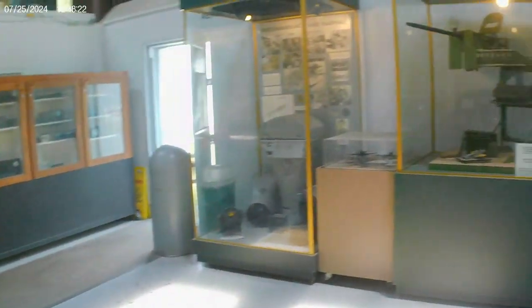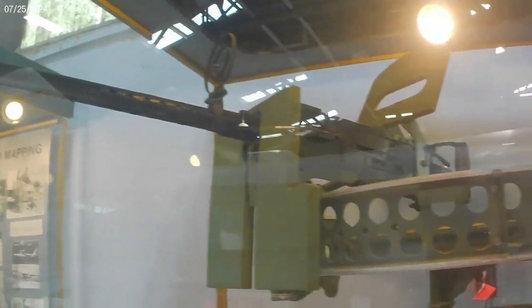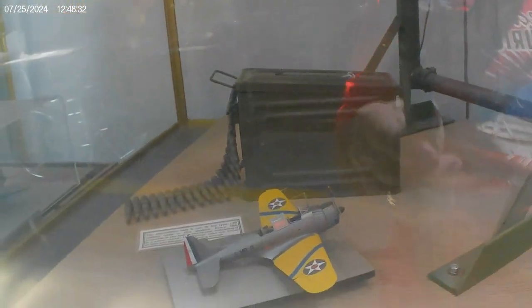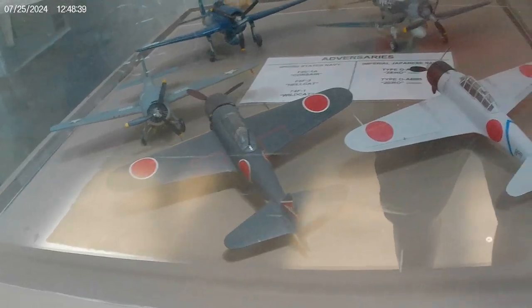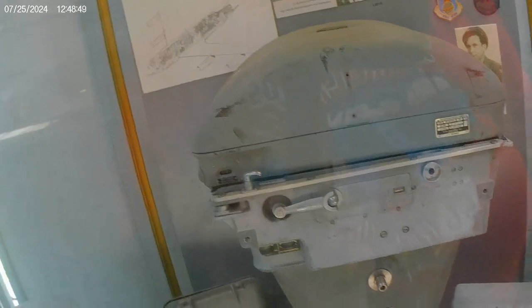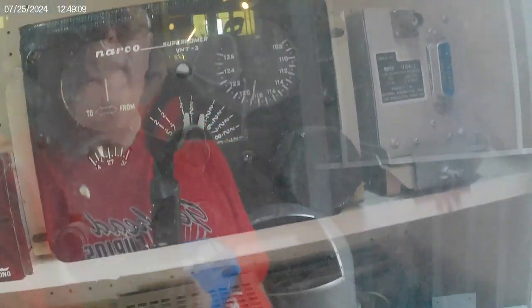And we have gun ring, 30 caliber machine gun mount. Okay, that's what that would be. There's the ammo for it. And some more World War II aircraft, Japanese and United States fighters. And reconnaissance and mapping. Okay, so this would be some kind of a mapping device or devices. And then look at all the radios. Radios everywhere. And they're not just radios, but you know what I'm saying. They're just instruments